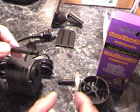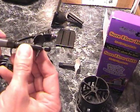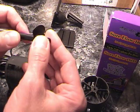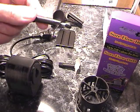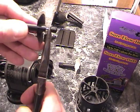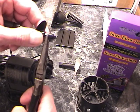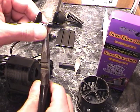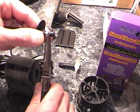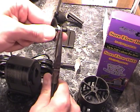What we're going to need to do, if you're going to be using the larger prop like we are, is remove the smaller one off of the shaft and impeller here. It's really pretty simple. All you need is a needle nose pliers, and I just want to get the pliers on either side of the shaft here. I don't want to really squeeze down on the pliers at all because we don't want to damage the shaft here. So all we're going to do is put it on either side here, and then I'm just going to gently pull,